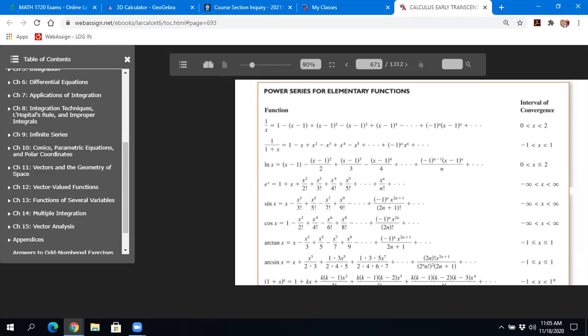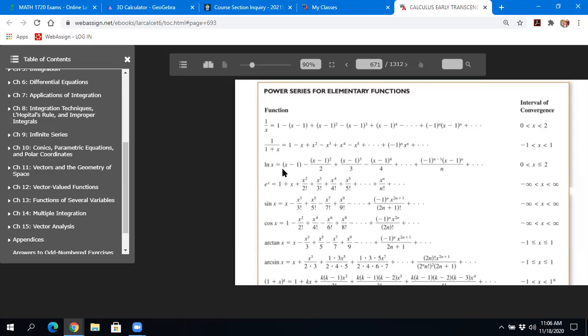There's the series convergence table, and I did not put in there the power series for elementary functions. This is at the end of chapter 9. I'd rather you familiarize yourself with that, especially e to the x, sine of x, cosine of x, and then 1 over 1 plus x. The logarithm one's also useful, although they give a different version than the one that we gave in class. Basically, the version that they give here,